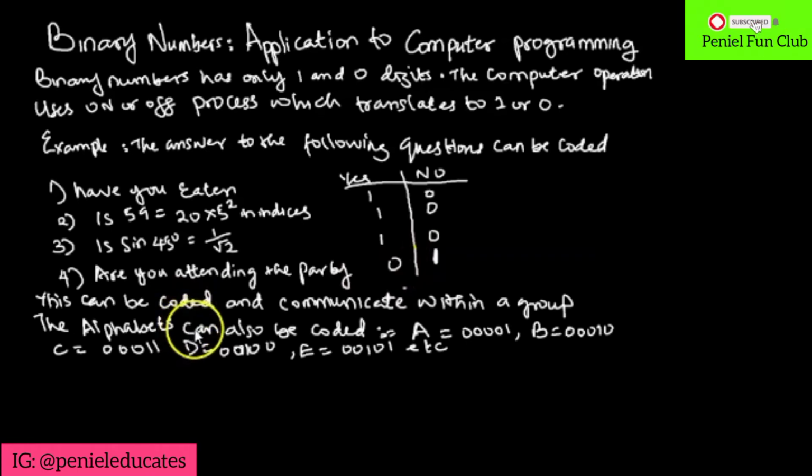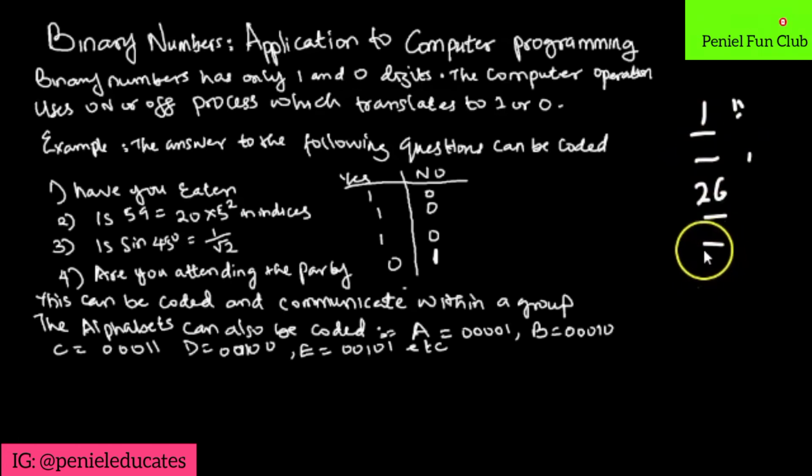All the alphabet can also be coded. We have the alphabet A as 0001, alphabet B as 0010. You know that all the alphabets are actually from 1 to 26. So you have your A, B, C. All these numbers, which are decimal, you can convert them to binary, and that's what we've done. So if I'm to code the word stop,